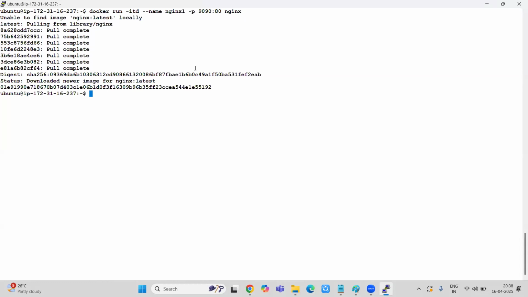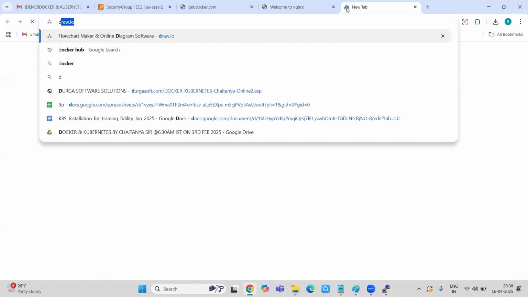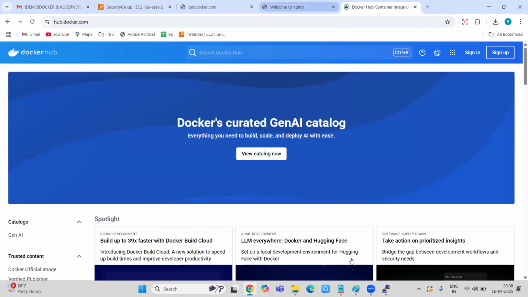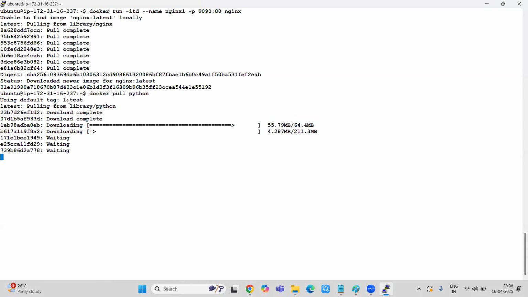And from there, containerd will create an OCI bundle from the Docker image. Let me show you from where it is exactly getting the hit. It is from Docker Hub. This is a registry which contains all the images that we can download. This is where the images are getting downloaded. Now let me do one thing. Docker pull python. I want to download Python. See, it is showing latest.